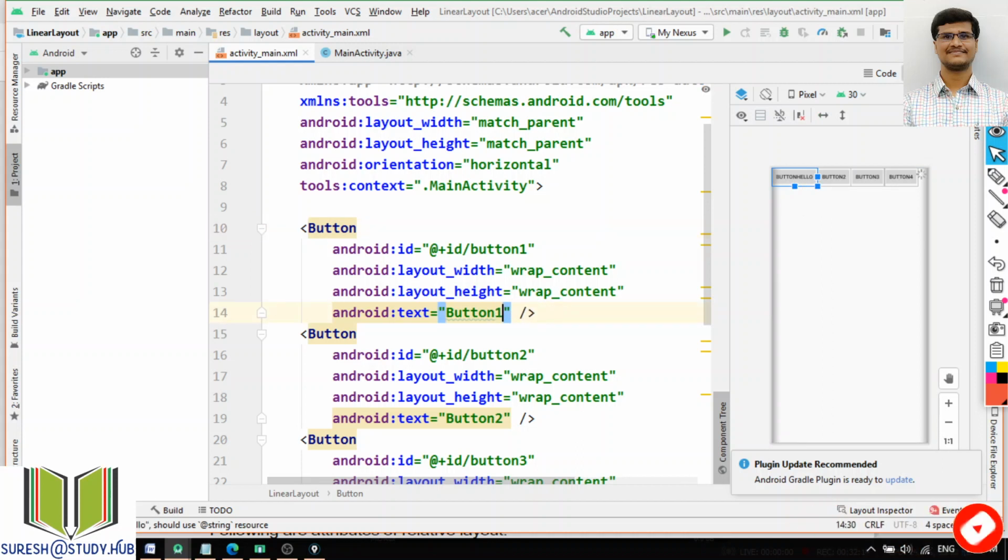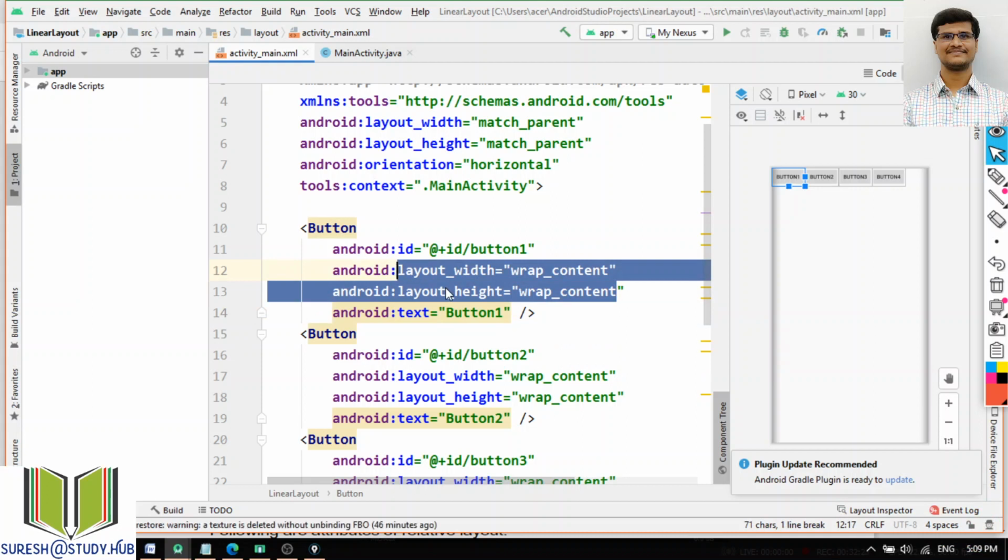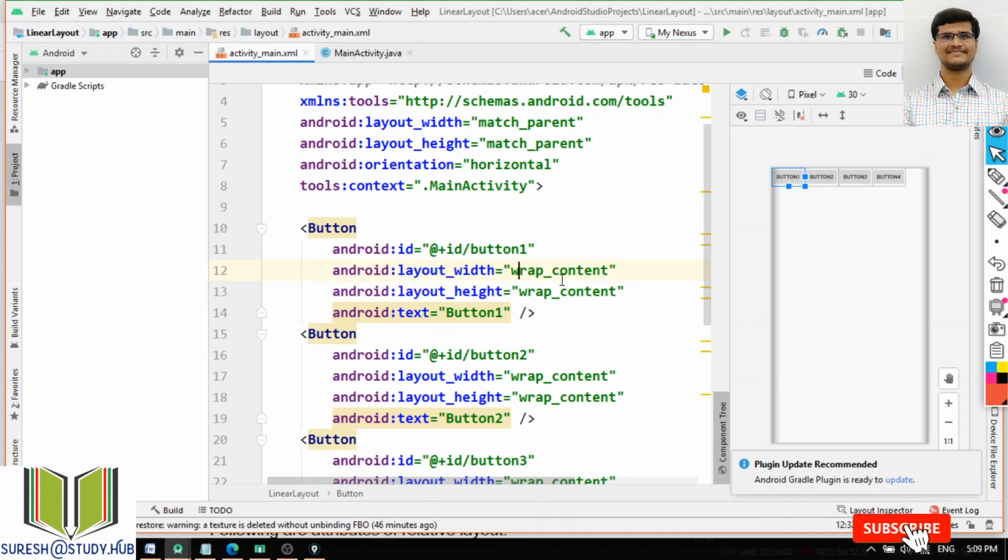So for the components or UI elements, most commonly we will use this wrap_content, so that whatever the text inside that button or any UI element, according to that, the contents will be adjusted. That height and width will be adjusted. So most commonly we will use these layout_width and layout_height properties, and ID. ID is also there by default, or if you didn't specify anything, then button 1, button 2, button 3.